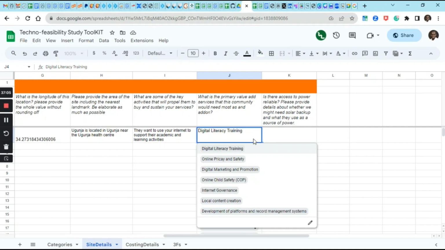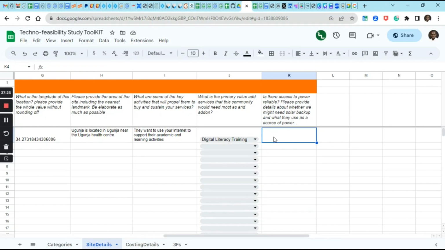What about the internet governance? What happens when there is an internet shutdown? Local content creation. How do you promote that young man who has some talent in local content creation? How do you make it a value for him? How do you develop platforms and things that can support the management? So all that can be very useful as add-on, and also get to understand other things, like very critical things